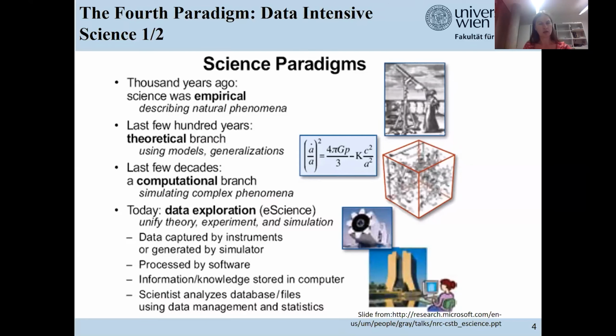In the last few decades, with the increase of computational power, a computational branch of science has emerged. It has become possible to simulate even very complex phenomena, for instance, the formation of galaxies or the expansion of the universe.